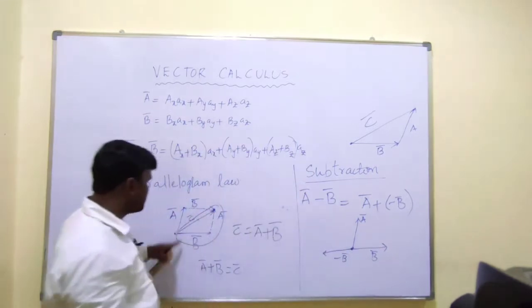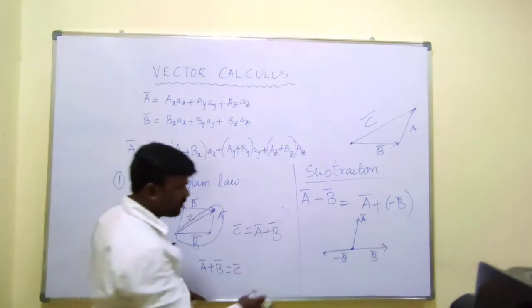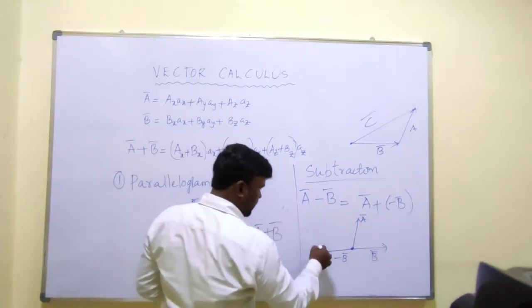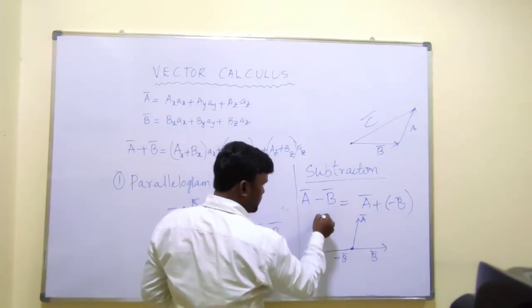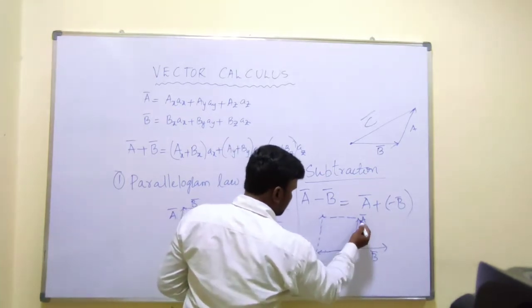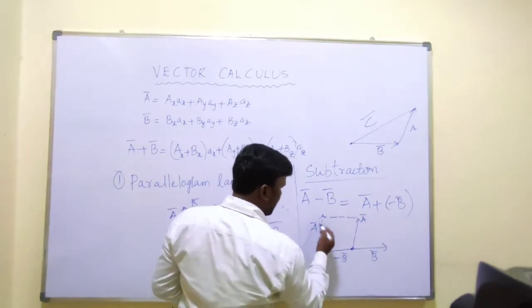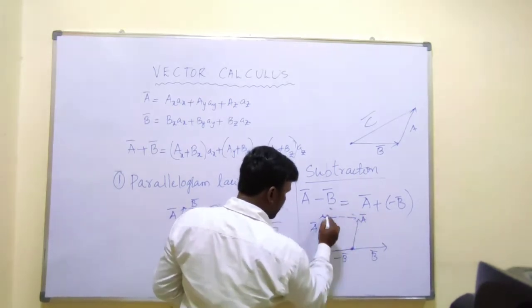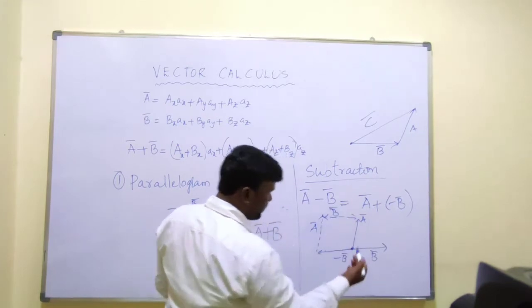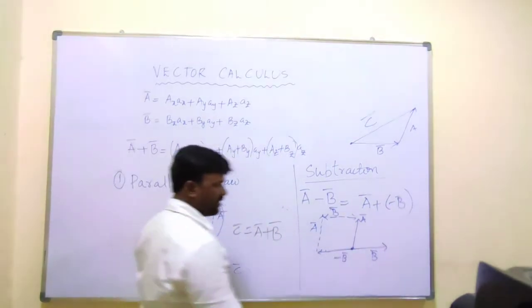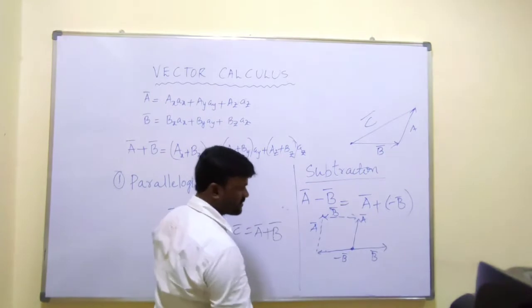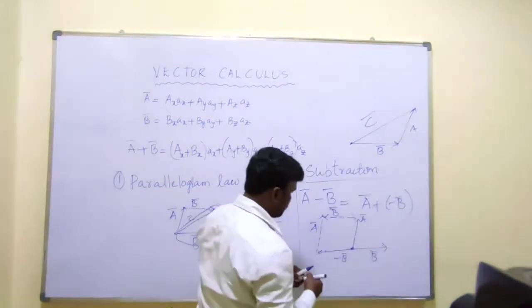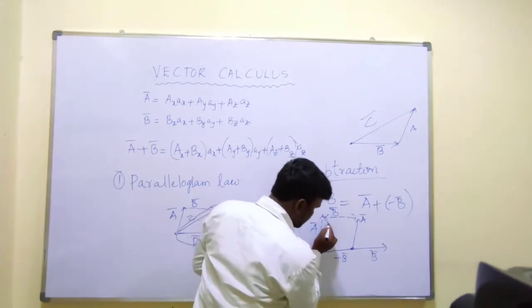vector, we need to apply the parallelogram rule. What is this parallelogram rule? In order to apply the parallelogram rule, we need to form what? A parallelogram. How can we form a parallelogram? Like this. Let us say this is equal to a bar. And here this is nothing but b bar, with the direction we have to move like this. In order to get the resultant vector, we need to start where? At the starting points of these coplanar vectors. The starting point is this one.